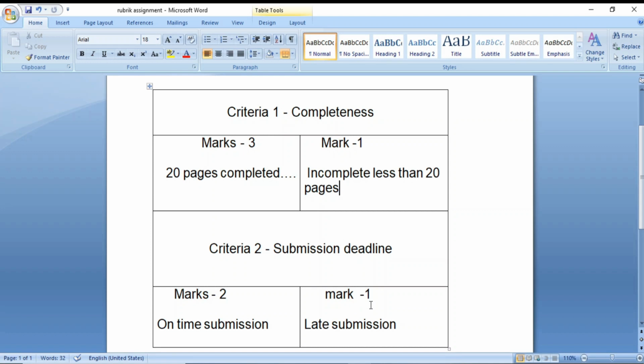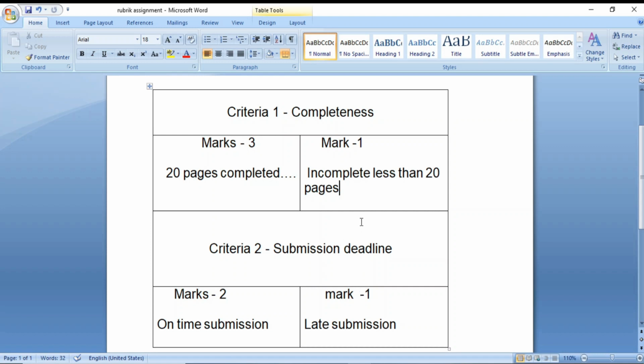Got it? So if the student submits with 20 pages completed and on time, they will get totally 3 plus 2, 5 marks. If the student completed 20 pages but submitted late, it is 3 plus 1, 4 marks.